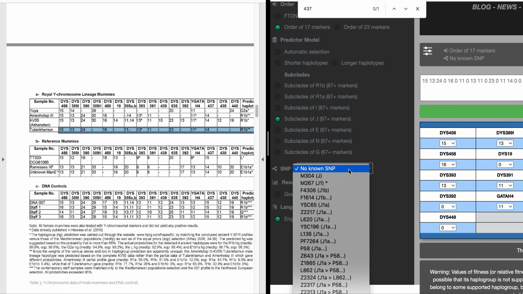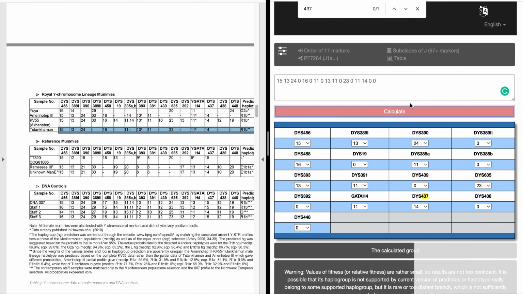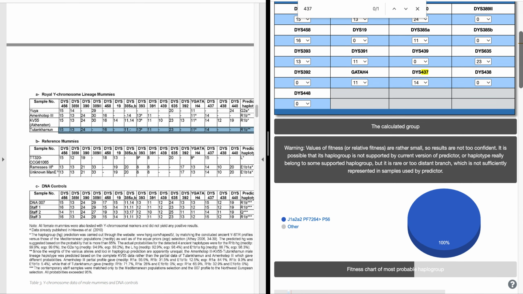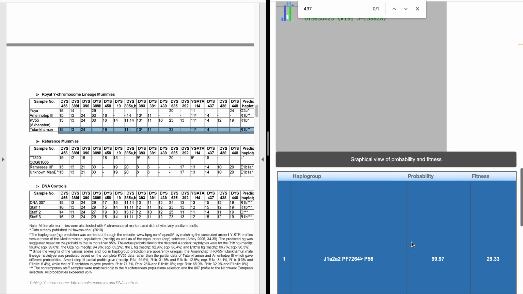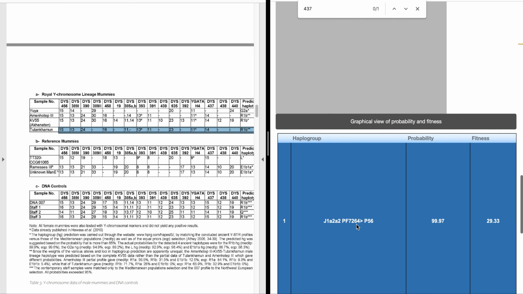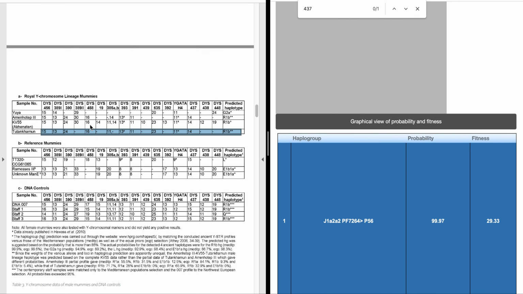PF7264. Oh, they got it. Okay. Calculate. Probability 100%. 99.97. So Tutankhamun had a different haplogroup, or is it that their markers are missing, and we don't have a